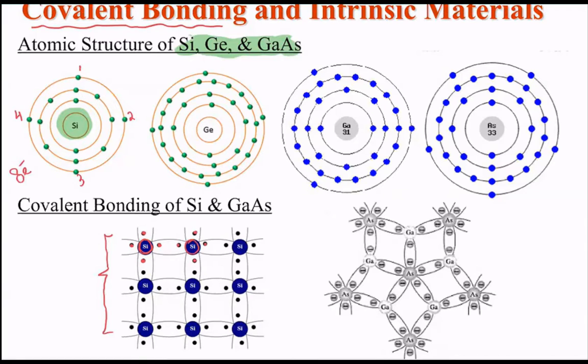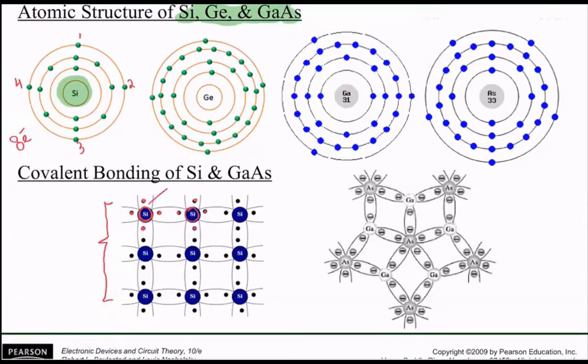So the reason we refer to it as covalent bonding is because this silicon over here needs 4 electrons to complete its 8 electrons in its shell in order to be stable. So what it does, it basically borrows or shares 4 electrons from the neighboring atoms. So it's getting 1 from this, 1 from this, 1 from this, and 1 from this. So it's got 4 already, and then getting 4 here from the neighboring atoms, completing 8 electrons, and